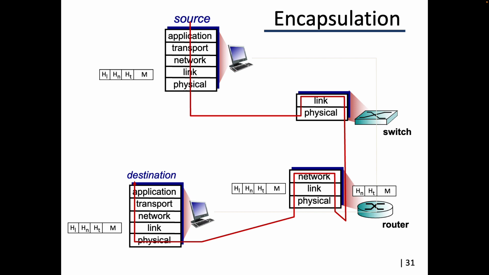So from a message to a segment at the transport layer, and then to a datagram at the network layer, to a frame in the link layer when you talk locally, to the physical bits. And that is sent